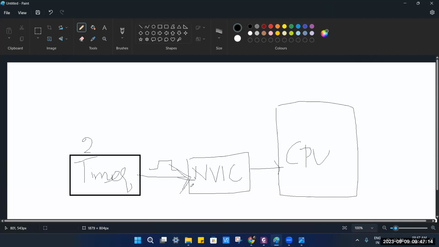along with the port number, because this nested vector interrupt controller will take care of which port number has occurred, and based on that the CPU will start executing from the reset handler. Maybe the CPU is currently doing some task, which is possible because the CPU will not be free every time. Then you have to do context switching. In context switching we push all the old background registers onto the stack, with the stack pointer pointing to it,